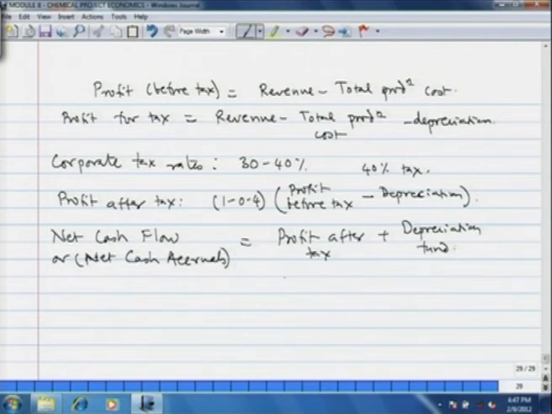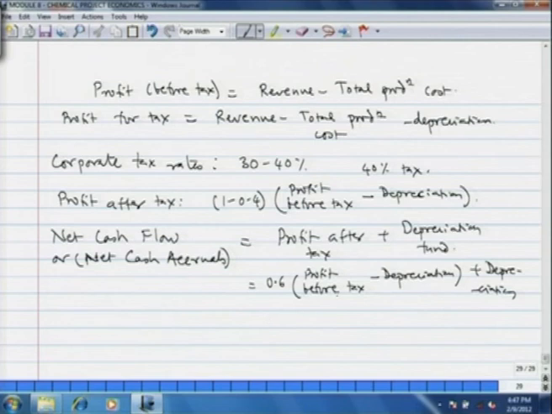So, this is profit after tax, 0.6 into profit before tax minus depreciation, plus depreciation fund,